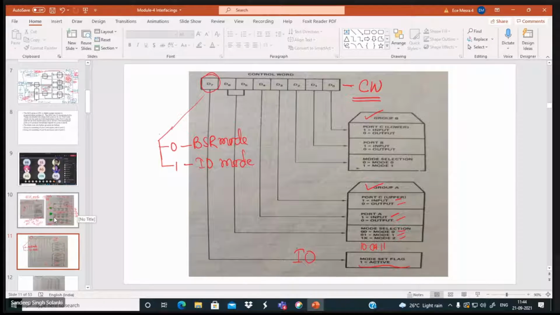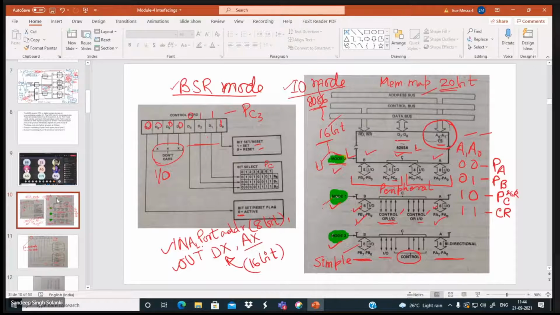Now, one more thing: you see here the connection diagram, the address bus, control bus, and data bus. How many bits there are, you decide on the basis of your processor.